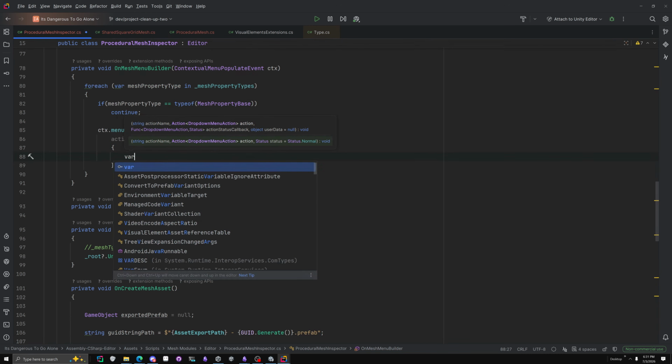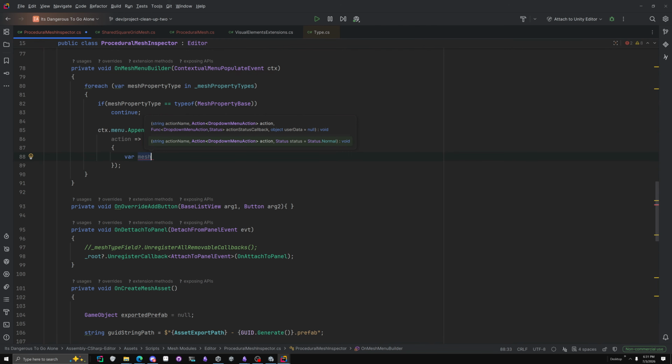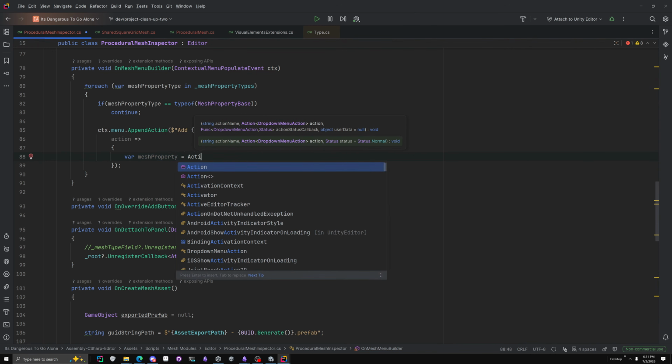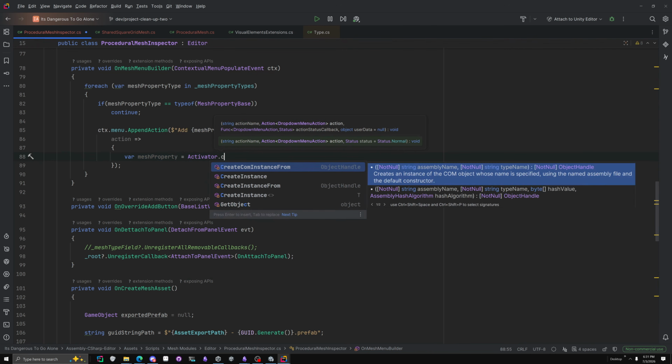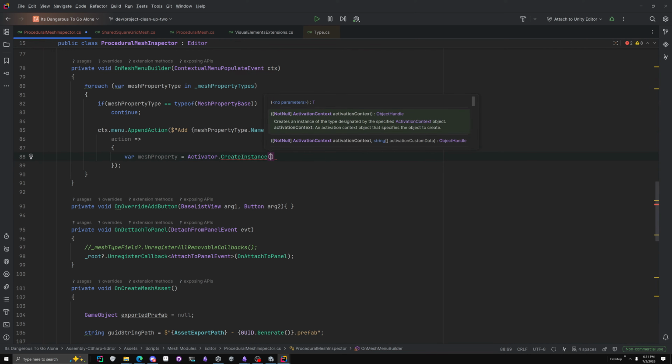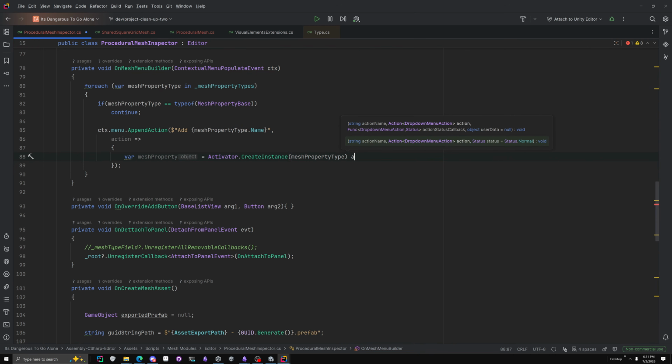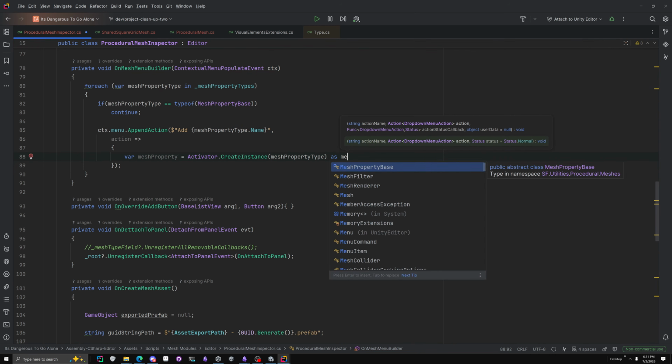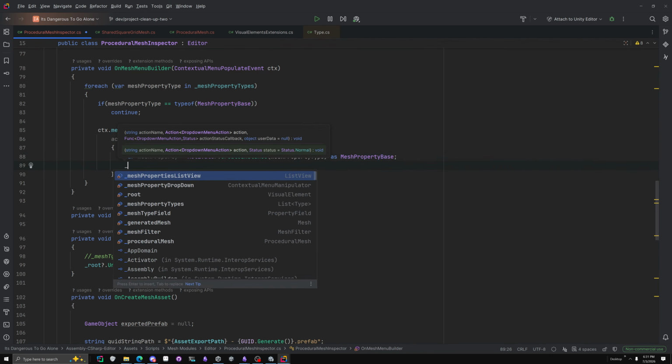And what I can do here is say mesh ability, or sorry, mesh property. I was thinking of the ability system. Sorry, brain died for a second. Activator dot create instance, and I could just say mesh property type as mesh property base, and we just say